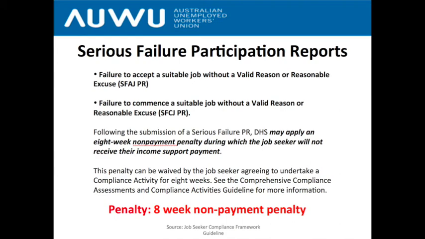This penalty, much like all the other penalties, involves unemployed workers informing the job agency of their reasonable excuse, but then the job agency doesn't agree or doesn't give the unemployed worker an opportunity to give their reasonable excuse, and then Centrelink are involved. And then they, once again, try to see if there's a reasonable excuse.